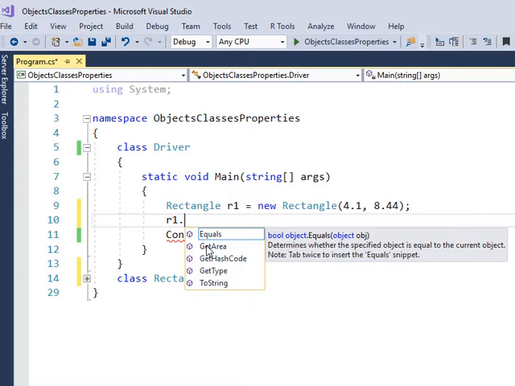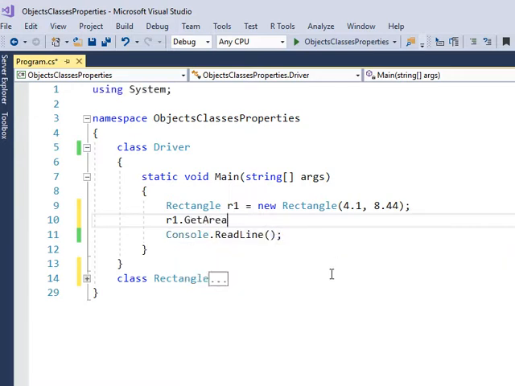Alright, so I want that one. Get area, it's a method, so I want parentheses on there. And I do want to be able to print that out. So how about if I do this? How about if I say, and I'm going to say the area